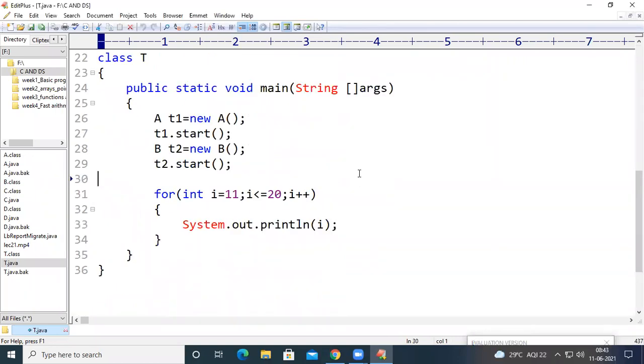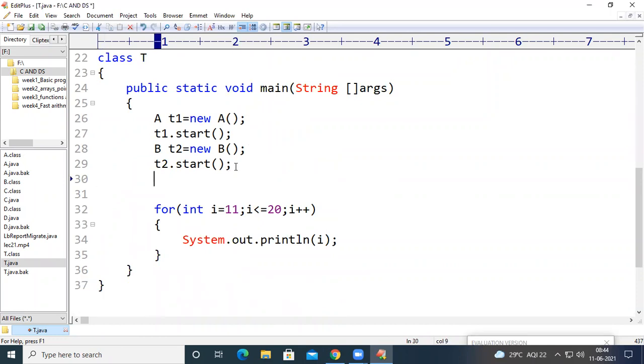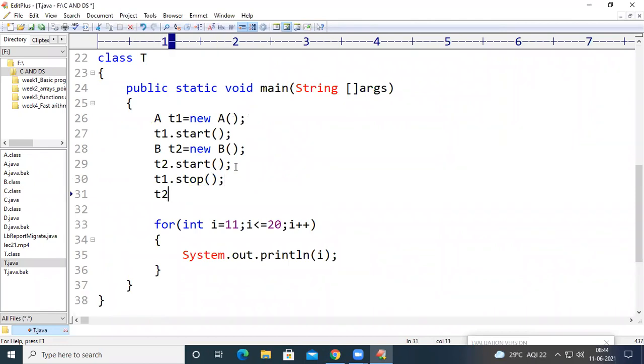In today's session, I want to use one more method called the stop method. For example, when I call t1.stop and at the same time t2.stop.